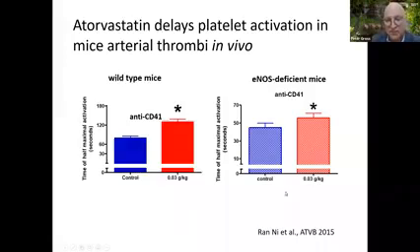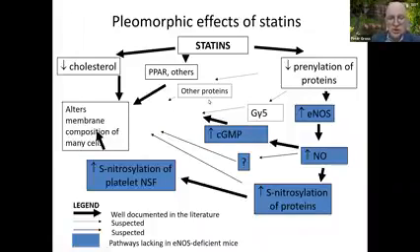So this, after quite a long time, was published in ATVB. Ren essentially did her whole PhD on this. So the ongoing work is to figure out how this works. Statins can inhibit platelets in a whole number of different ways. Just through this NO pathway, there's a number of different ways that increasing NO can inhibit platelets. So the most commonly known mechanism is to increase cyclic GMP, but there are many other mechanisms.